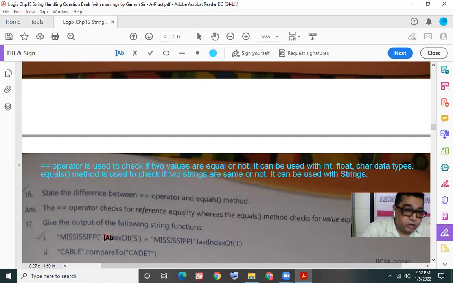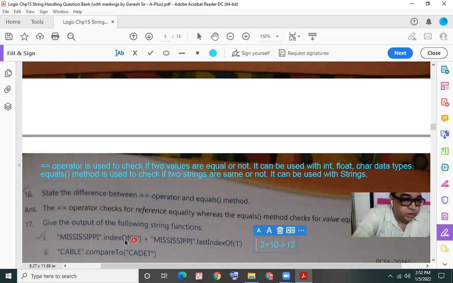Now the first method gives us the position 2, and the second method gives us the position 10. Both are integer values, so they are added up, and the result will be 12.